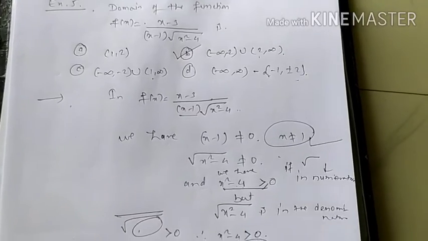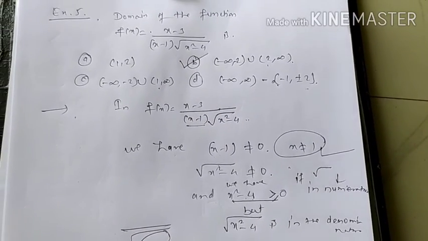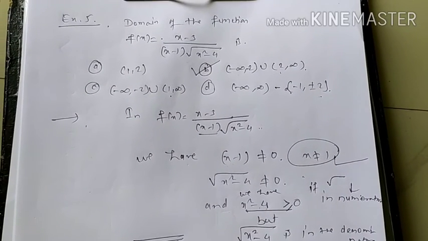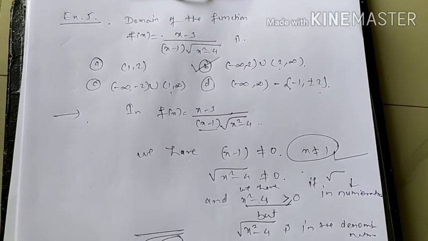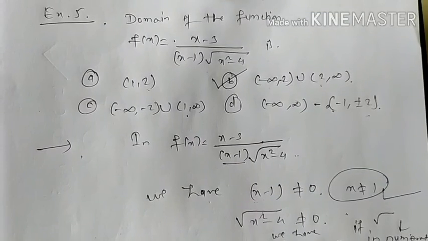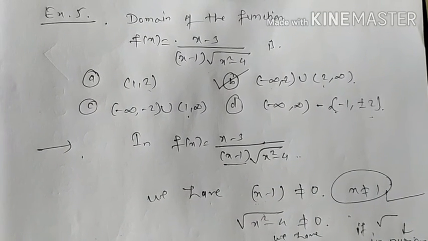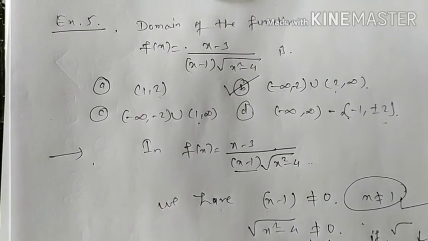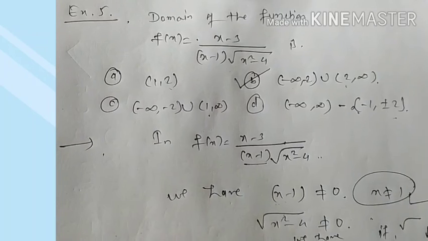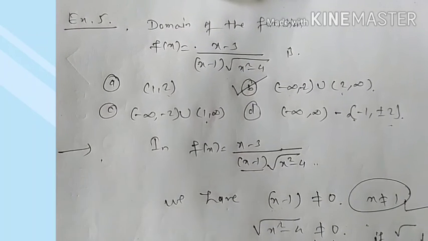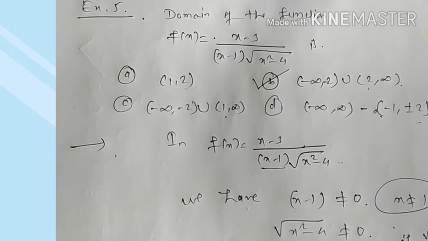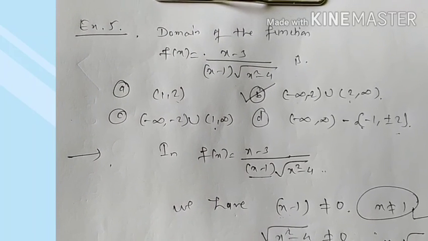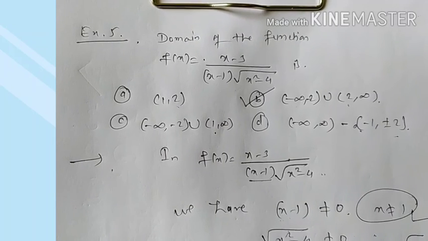So in this way we have seen these 5 examples, MCQ questions. Questions like these will come for finding the domain and range of the given function. Okay. In the next lecture, we'll see the algebra of functions. Now, student, in algebra of functions, we'll see the addition of two functions, subtraction of two functions, multiplication of two functions, division, and then we'll see the scalar multiplication of a function also. First will be the scalar multiplication of a function, and then we'll see the remaining: addition, subtraction, multiplication and division of two functions.